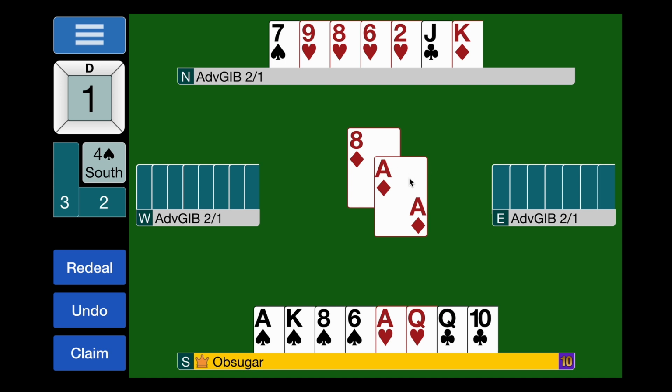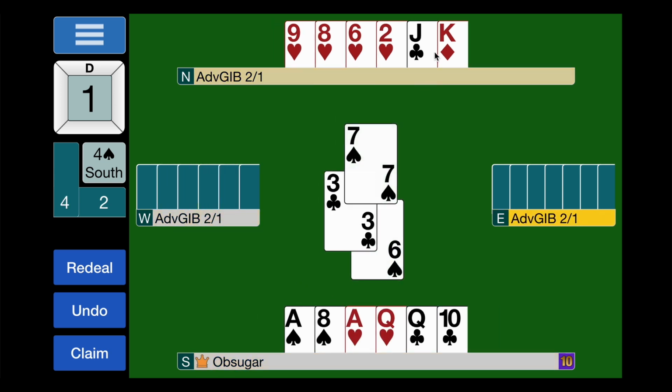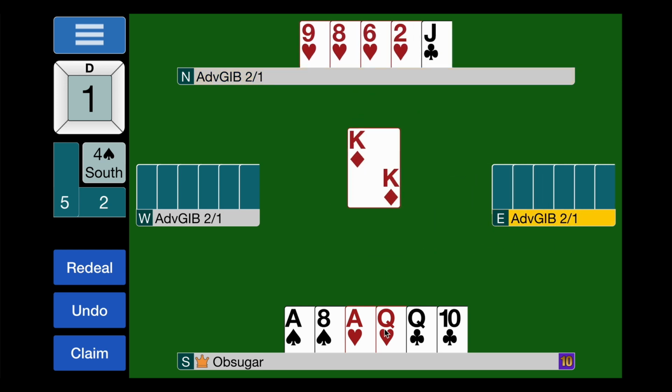And there's the ace of diamonds, right? So there was ace third, and we were able to get both the king and queen. We knew that was good for one, but we managed to get the queen and now also get the king. Right? And of course we'll rough that, and then we can cross back over with the 7 of spades. And now we're not going to even take our